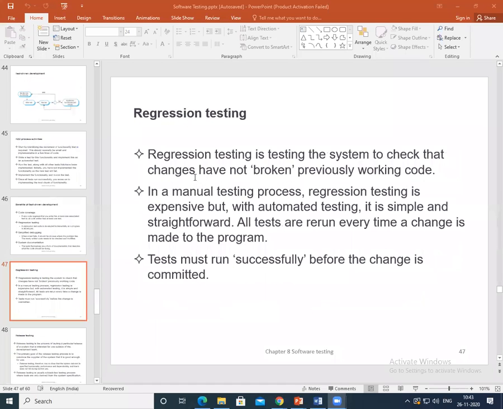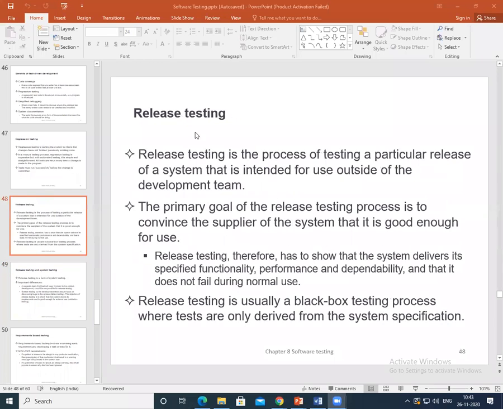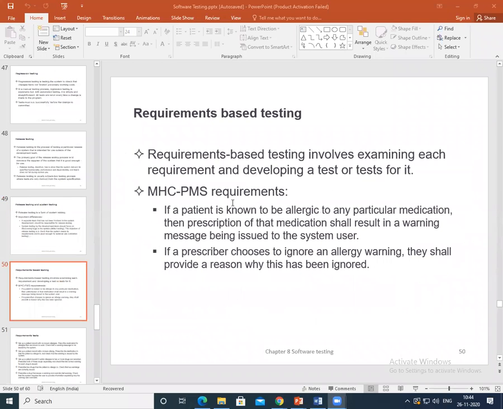The topics are two. We have many subtopics within the topics that we need to focus on. The second is release testing. Release testing is a complex process. The system as a whole is tested by the team. We have used a few of the test cases, the MSc PMS requirement.